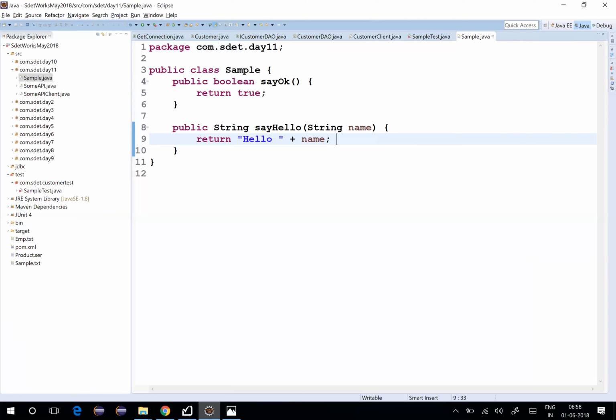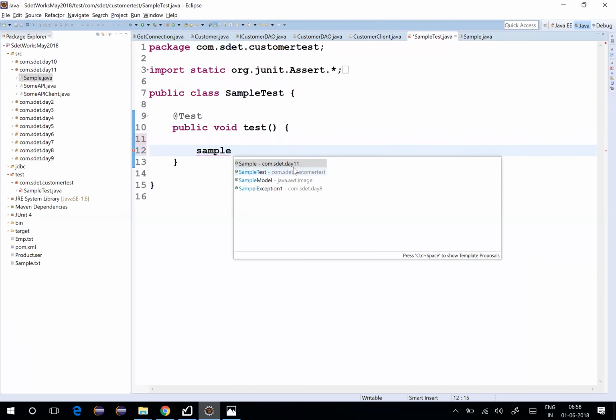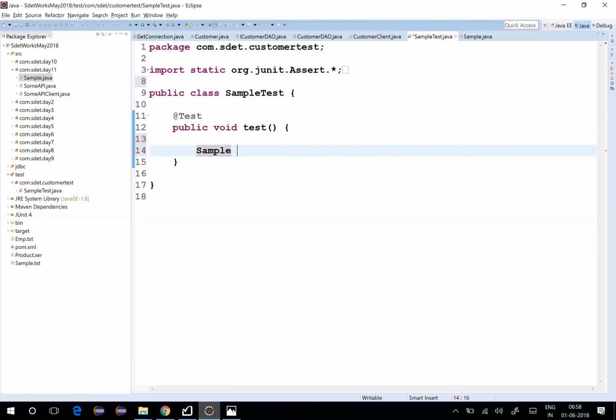So the whole idea here, when we want to test it, we want to make sure we do this test. So this class which you got is in the day level package. All right. So what I can do is quickly go back and say, we want a sample class which is from day 11. Sample sample is equal to new Sample. Now for the sample,